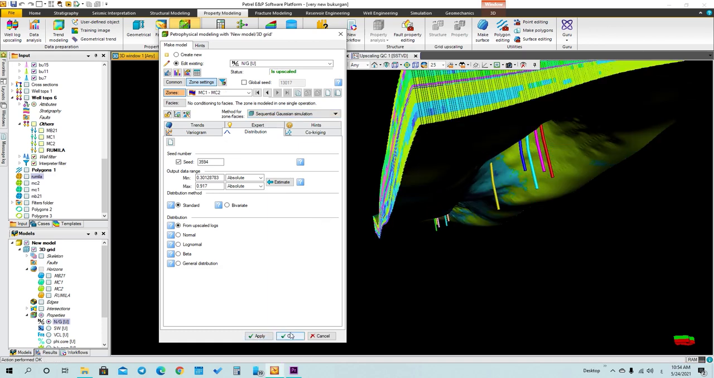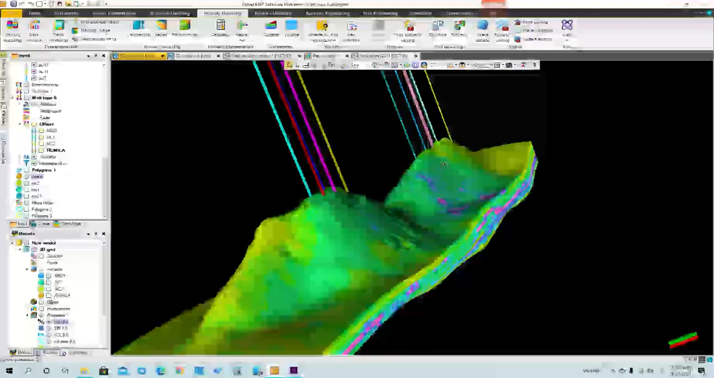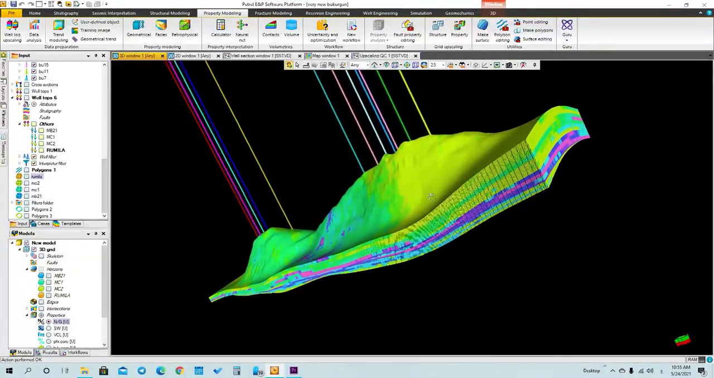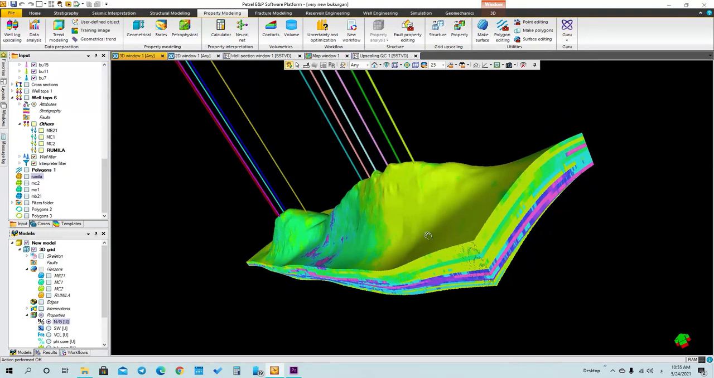Okay, so now we have finished upscaling these properties to the layer, and as you can see here, these are the upscale properties. Okay, so now start with the second property that you have, which is